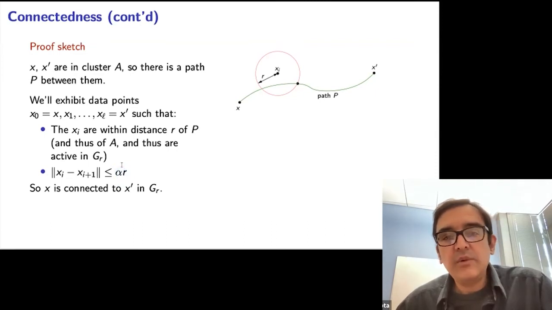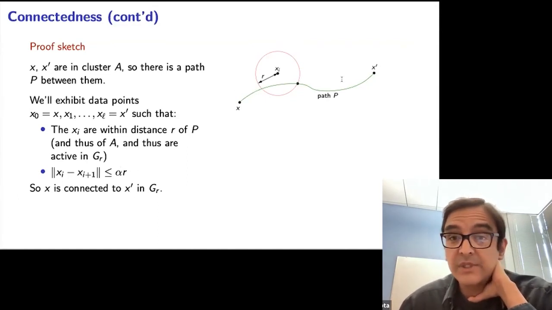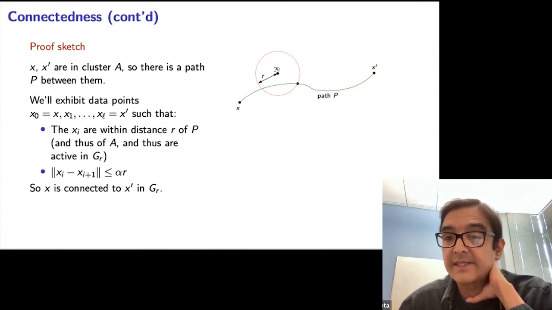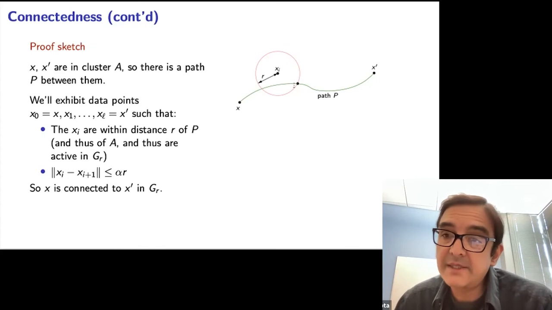And the way we do that is that we say, well, we're just going to build this sequence one at a time. Let's say we're currently at xi. We've been moving along the path. We look at a ball of radius r around it. And this dot over here represents the furthest along the path that we can reach within distance r of xi. If this furthest point along the path is already x prime, then we're done. We're golden, okay? But let's say that we haven't quite got to x prime yet. We're somewhere along the way, okay?